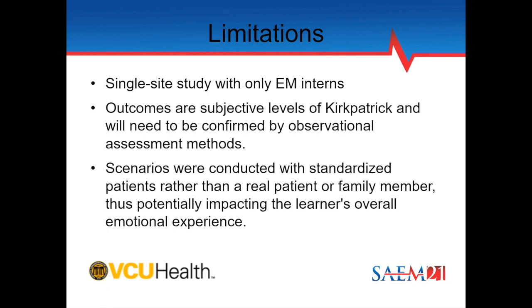Limitations of our study include that it was conducted at a single site with only emergency medicine interns. Outcomes are subjective levels of Kirkpatrick and will need to be confirmed by observational assessment methods. Scenarios were conducted with standardized patients rather than a real patient or family member, thus potentially impacting the learner's overall